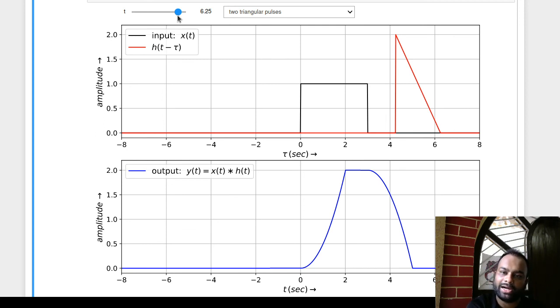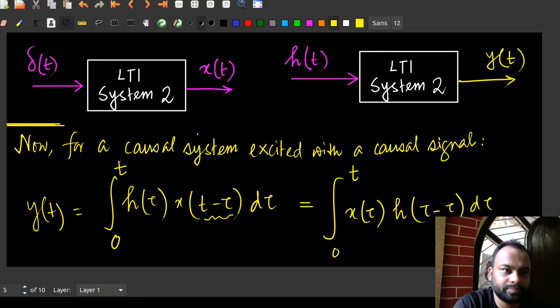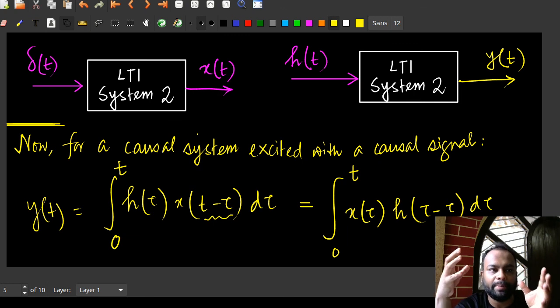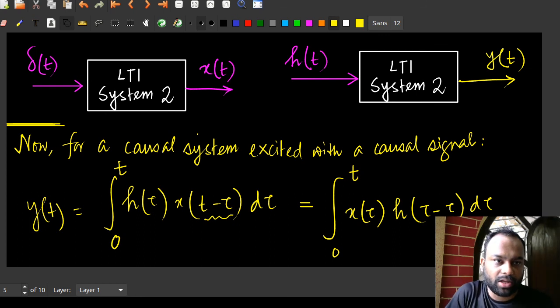But in any case, that will be the end of today's discussion. Feel free to ask any question you might have. But that's how convolution really works. Whenever a system is excited with an input, the output can be considered to be a convolution of the impulse response of the system with that input. That is the entire idea. And for LTI systems, the impulse response of the system is identical to the system itself. So all the behavior of the system is encapsulated within the impulse response of the system.